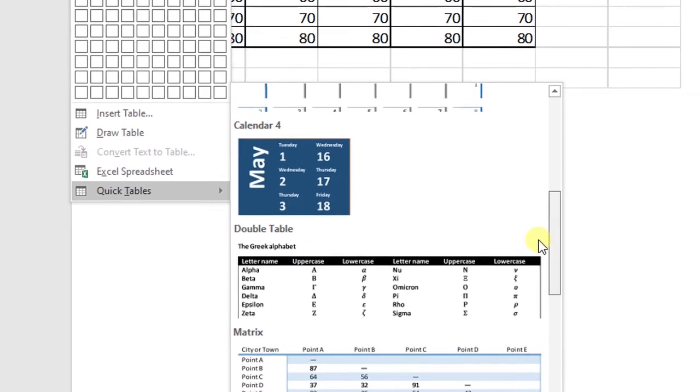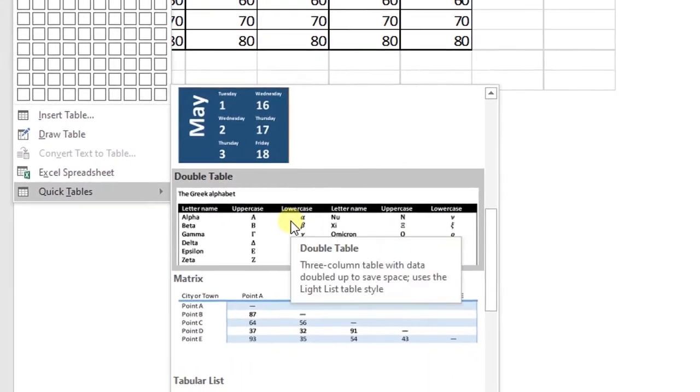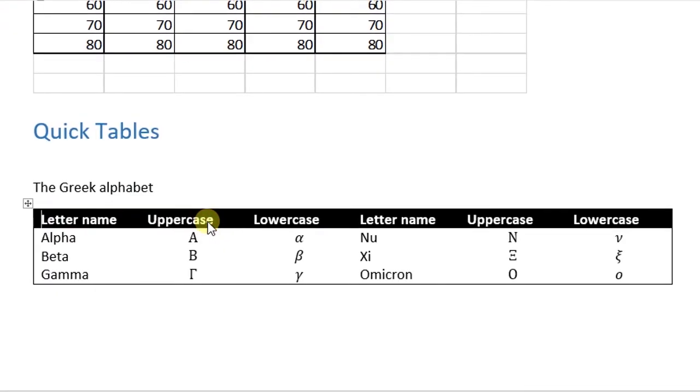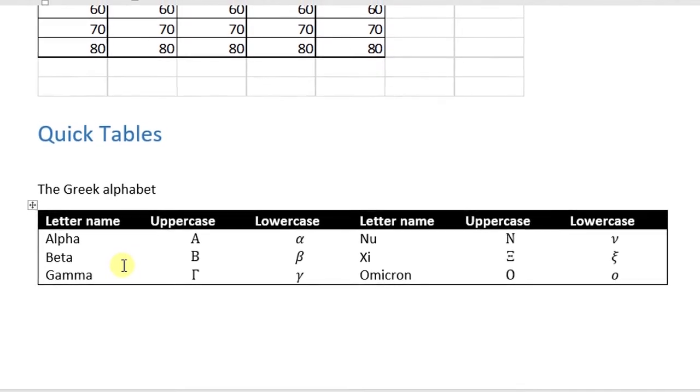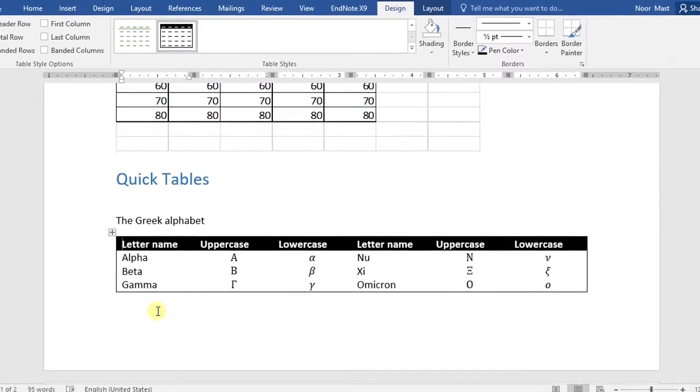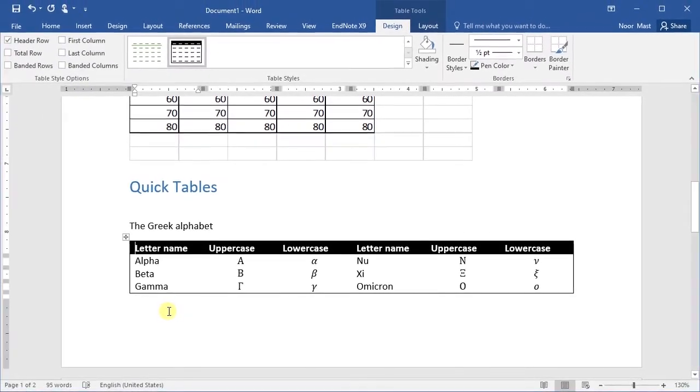Suppose you want to use this one, so click this one. So it will be inserted in your document. Now you can modify this template according to your requirement.